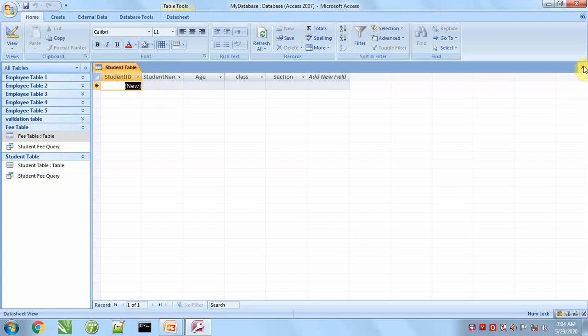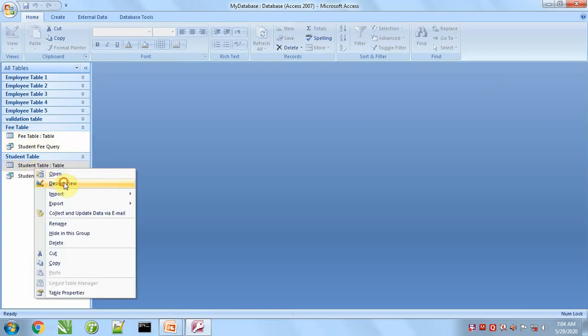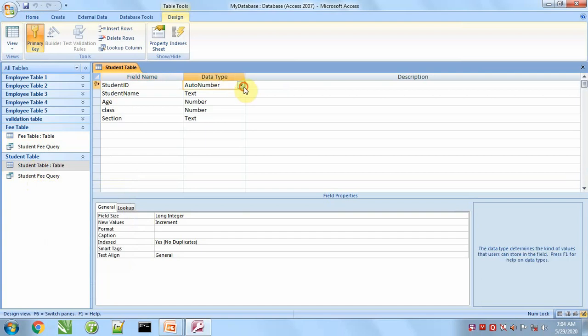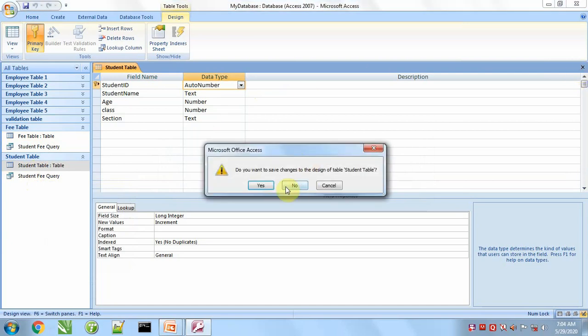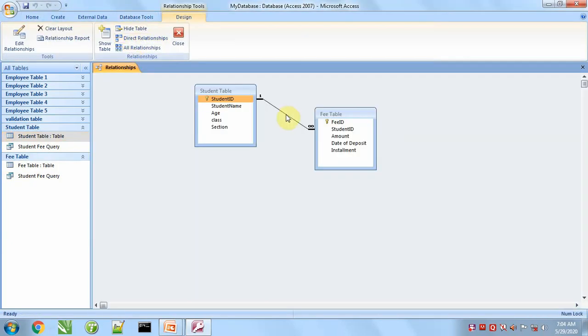For this, first of all, I will close these tables. And from auto number we have to set it as number. But for this we have to delete the relationship. Right click on this line and delete.